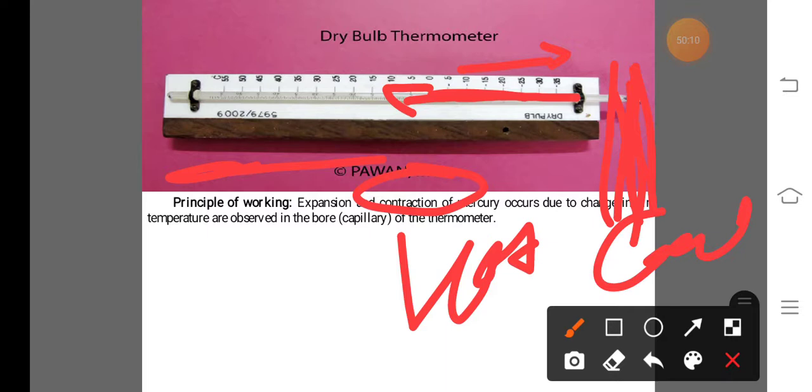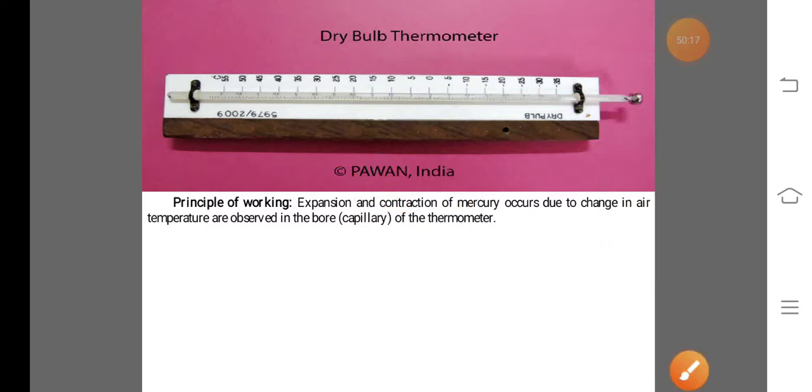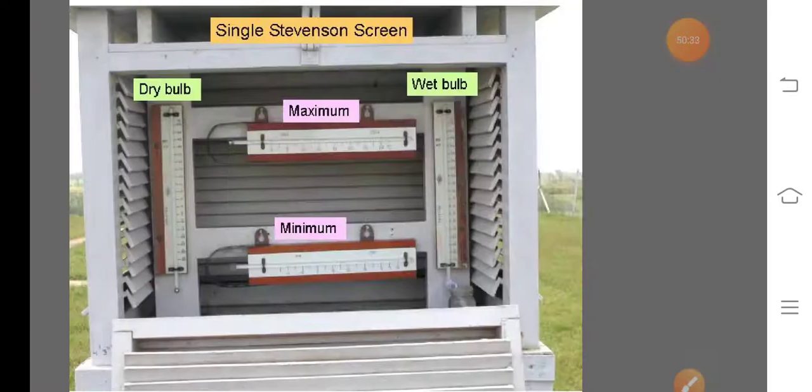So this is the use of the dry bulb thermometer to measure the atmospheric temperature, relative humidity and vapor pressure. To calculate relative humidity, we want recordings of the wet bulb and dry bulb thermometers and also a hygrometric or psychrometric table. This is about the dry bulb thermometer. Next one, the wet bulb thermometer.